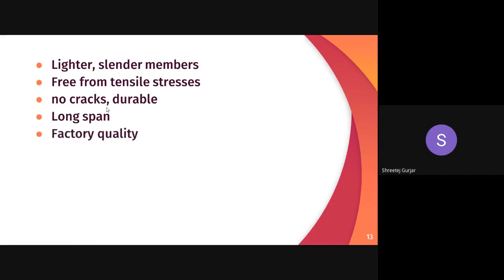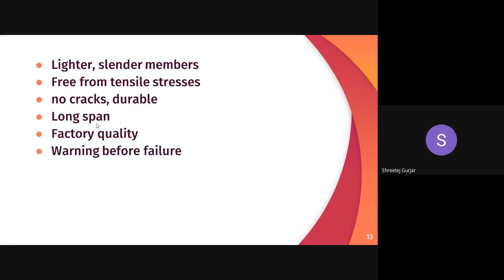So PSC can be factory built. You might have seen in many metro cities that precast elements are cast at a factory and inspected. At a factory, very good quality is maintained. Inspection is done, supervision is done, which is not possible at site. Those precast segments of your metro bridges or flyovers are cast, inspected, tested for quality, and then brought and set up at your bridge, and then they are post-tensioned. That is why these PSC bridges have very high quality.